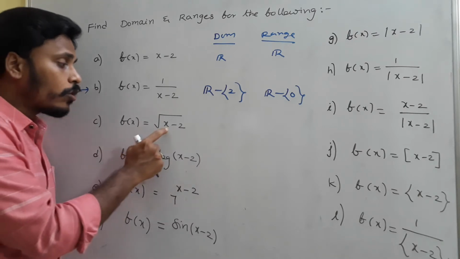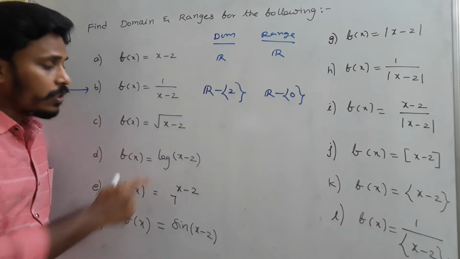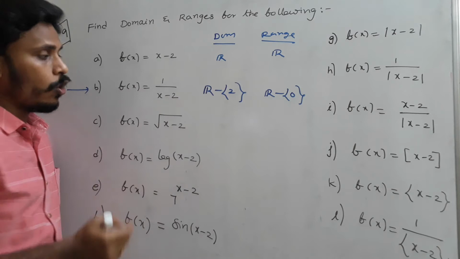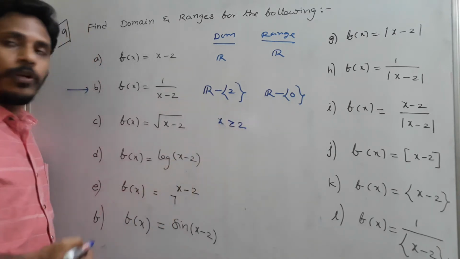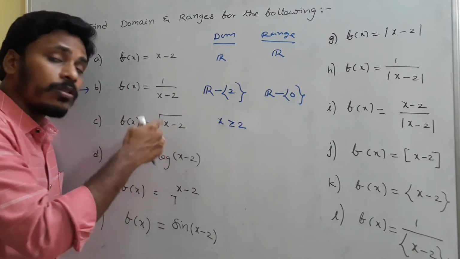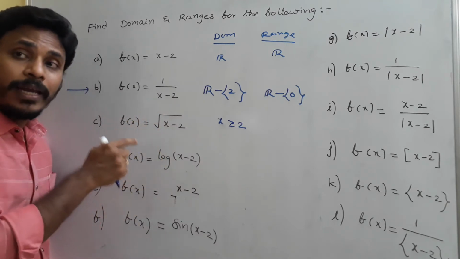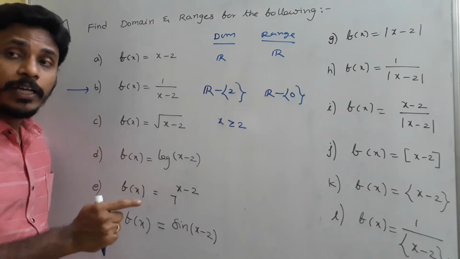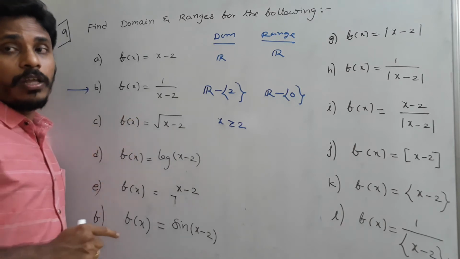That's why for the domain this x minus 2 should be positive. See, whenever this x minus 2 is positive, x is greater than 2. So for the domain part we need to think about x greater than or equals to 2. If it is 2, okay, 0 you will get. If it is more than 2, okay, positive number you will get. But if it is less than 2, you may get negative number. For those negative numbers square root won't exist, and that's why the domain of this particular function is x greater than or equals to 2.